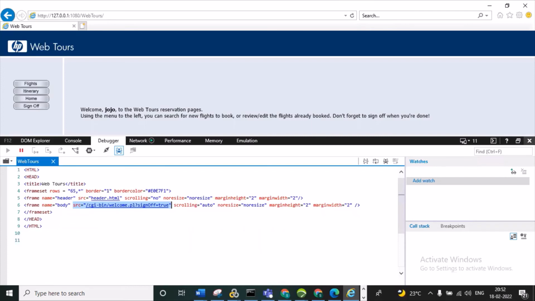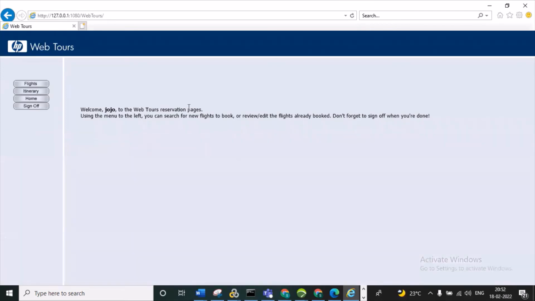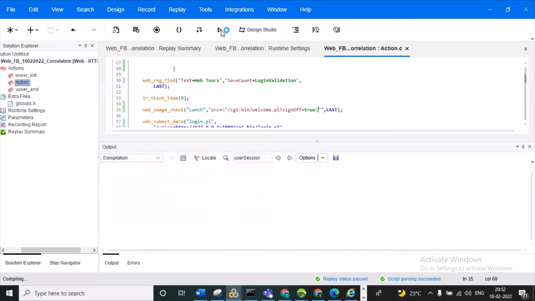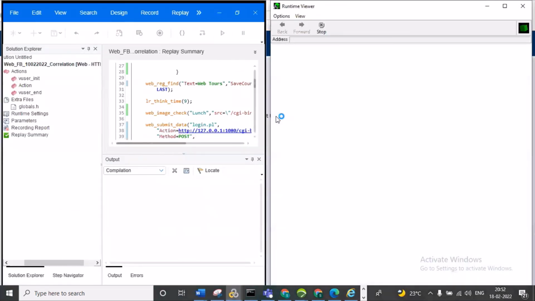We can copy and paste it here. In the double quotes only it will come for every value. Now you need to give a slash, and here also one more slash. Then you can copy, save it, and run it again. Now this time, will it fail or pass?